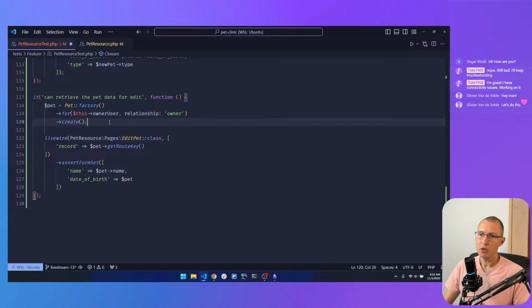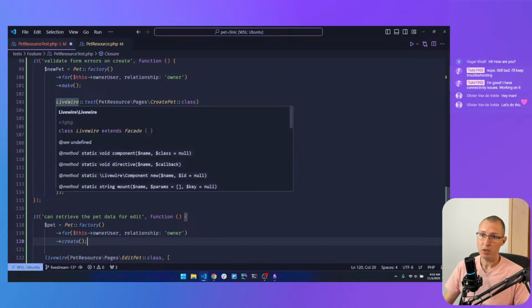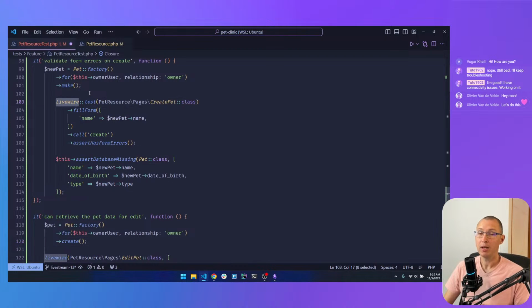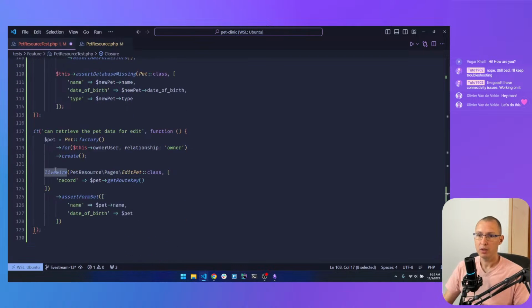By the way, in all of the previous tests, and according to the Livewire version 3 documentation, we are using the Livewire facade for testing Livewire components. But the Filament documentation is using this Livewire function, which I think, and I might be mistaken, is from the previous version of Livewire.